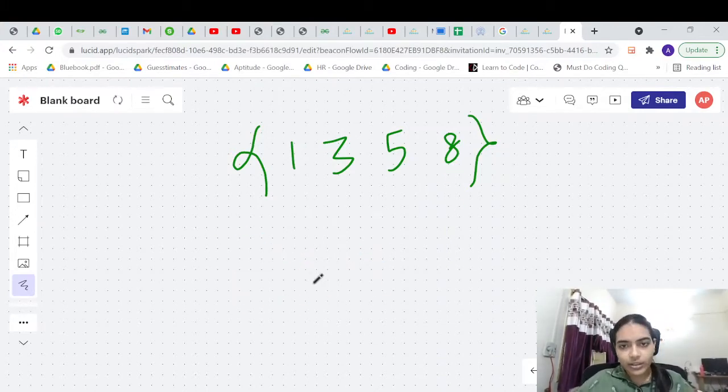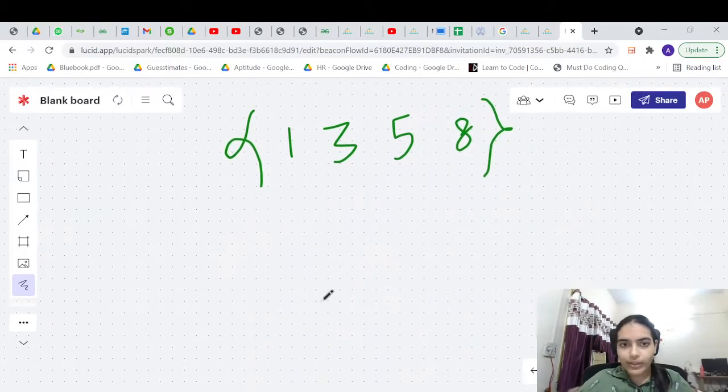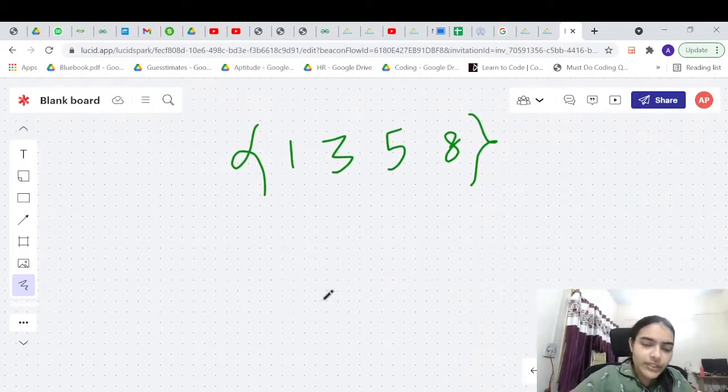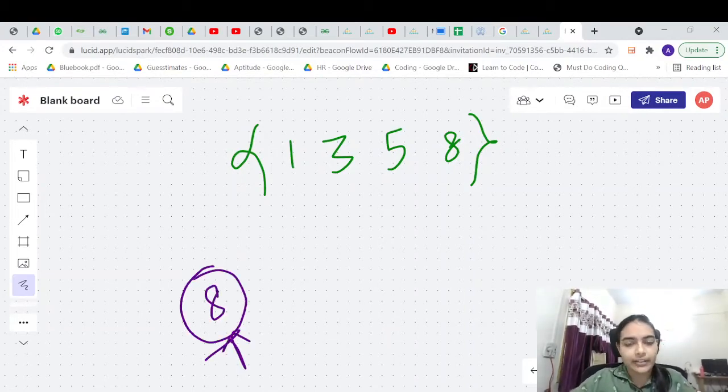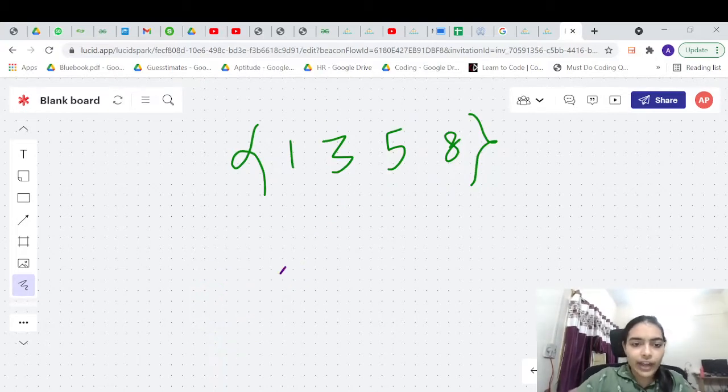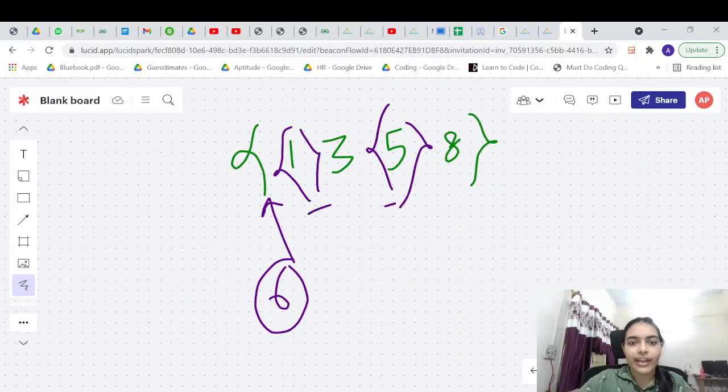Now let us try to solve this problem by knowing this. So we have already solved one problem, and that problem was finding out if you can make a subset with a given sum. For example, if I tell you you need to make the sum 8 and you are given these elements, can you make it or not? In this case, you can make it either by simply taking this 8, or you can take 3 and 5 to make 8. Okay, if I tell you can you make 6, in this case you can make 6, right? You can take the elements 1 and 5 and you can make 6.